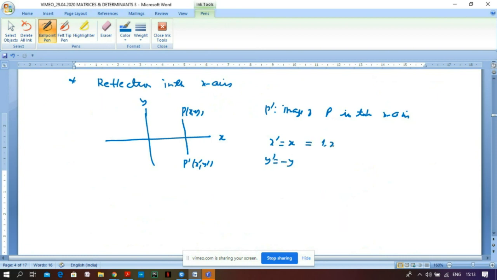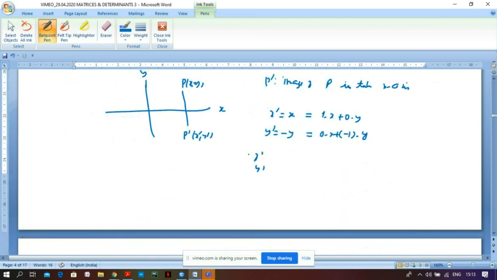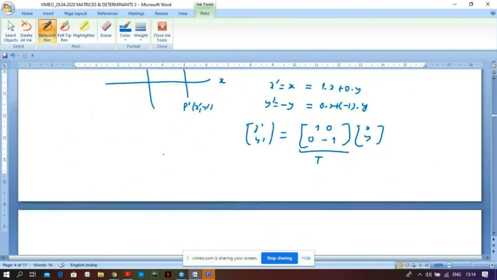So I can write this as 1 times x plus 0 times y, and 0 times x plus minus 1 times y. So I can express x prime, y prime in matrix form: x prime, y prime is a matrix times x, y. That matrix has 1 and negative 1 on the diagonal and 0 on the off-diagonal elements. This matrix, which I will call T, equal to 1, 0, 0, minus 1, represents